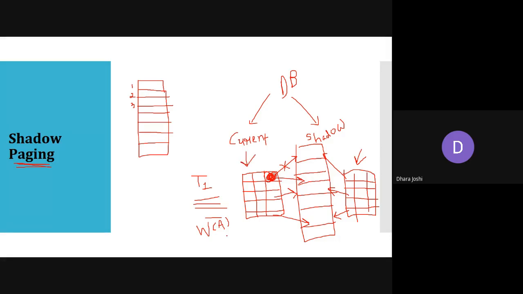And once we are having a commit instruction, then we are copying the data which are available in the current page table into the shadow page table. And we are calling this, either we can copy the data into this, or else directly we are calling this a new shadow page table. And meanwhile, if failure will occur, then we are having this copy.